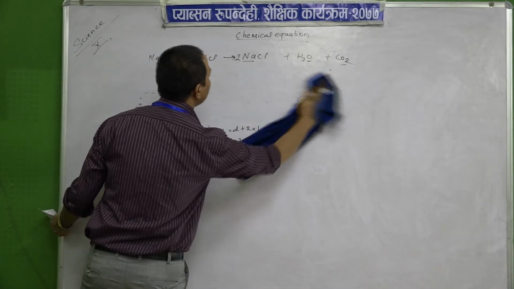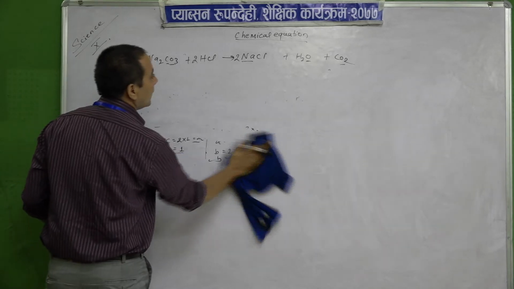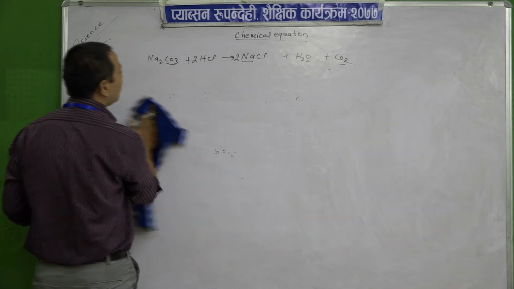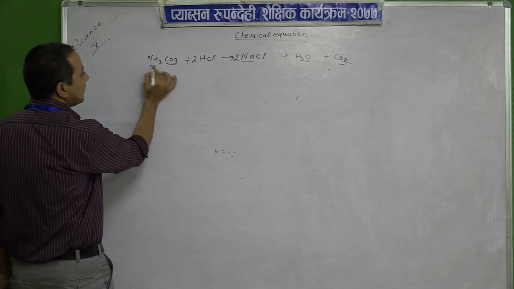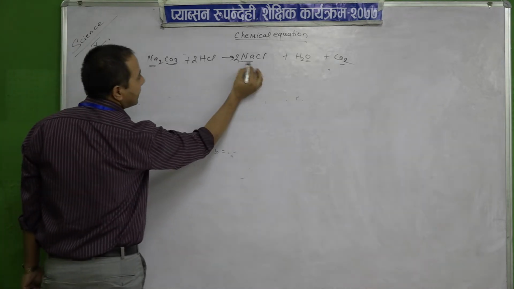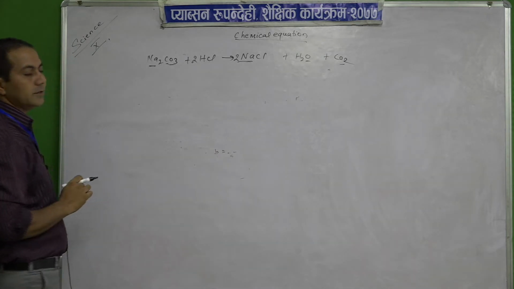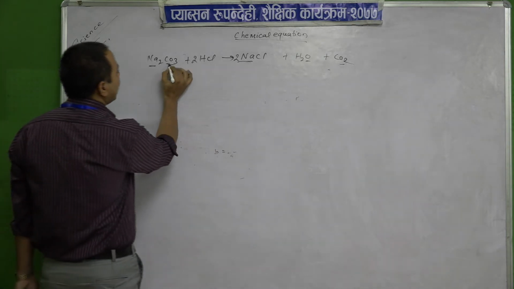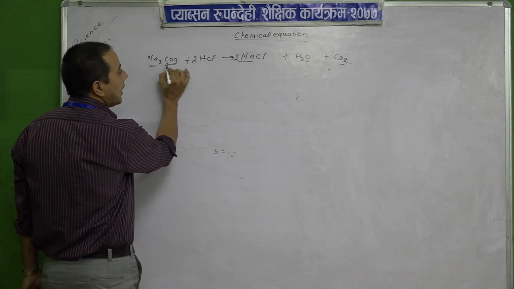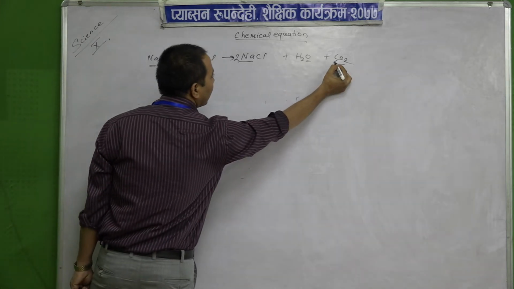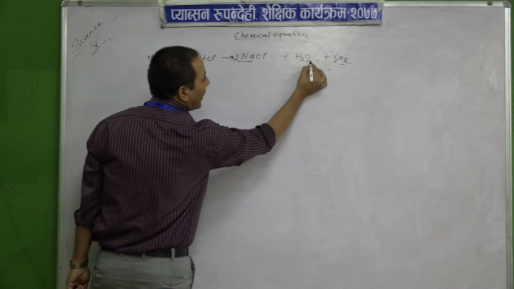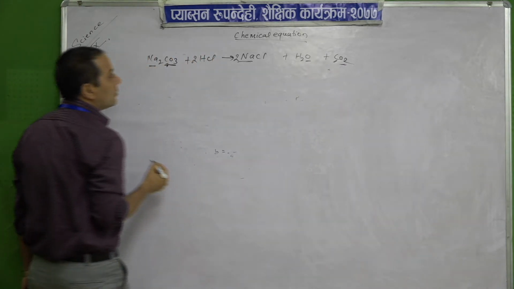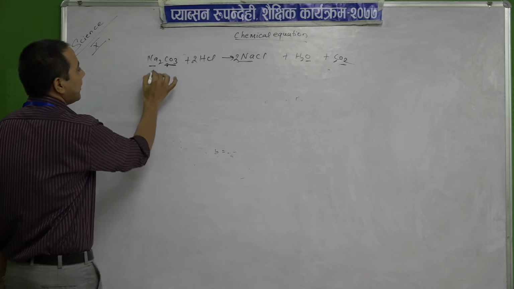Let's try, let's see whether the equation is balanced or not. Sodium how much? 2. It is 2 here, isn't it? Then carbon: 1, here 1. It is also balanced. Oxygen 3, oxygen 1 plus 2, 3. So oxygen is also balanced. So we are clear on this.